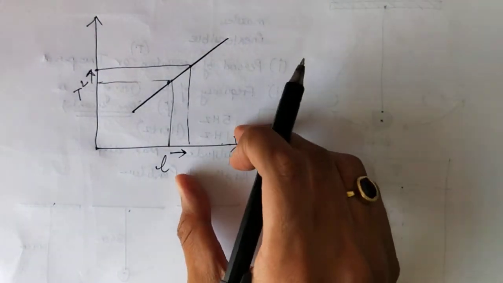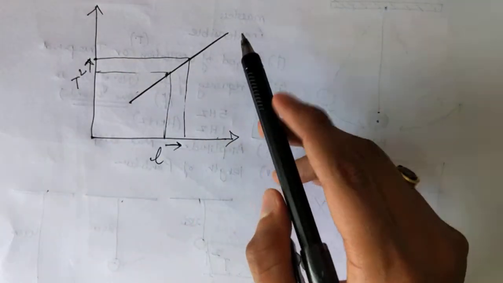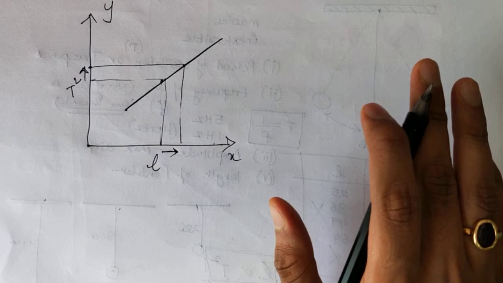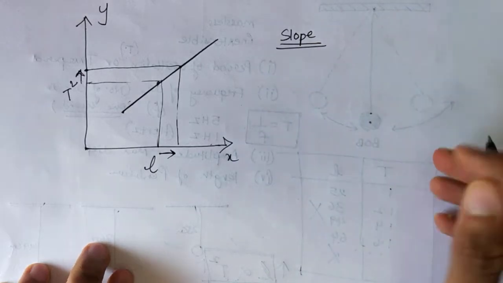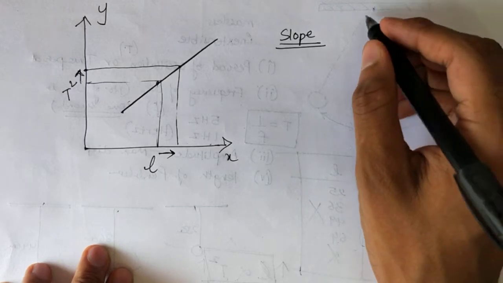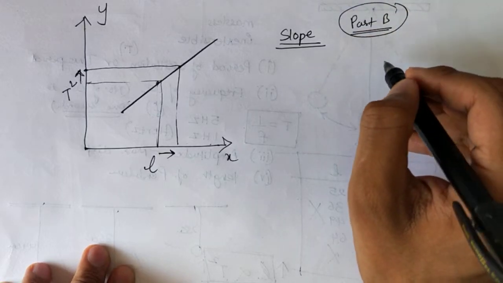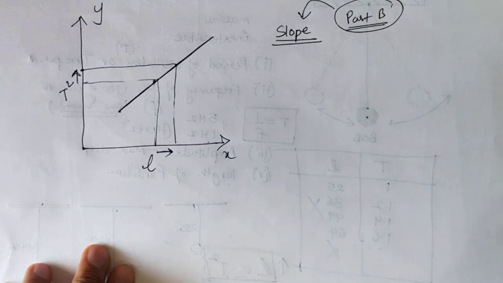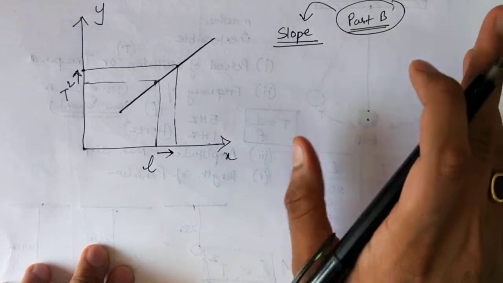So you must know how to draw this graph with only this much. You draw length, draw time square, make a straight line, write your x-axis, y-axis, that's it. This is all you need to know. And there is something called calculating the slope of the graph. So how to calculate the slope of the graph? In the motion in one dimension chapter, part B, which is yet to be done, you will have numericals based on calculating the slope of the graph. Here I'll give you a small hint on how to calculate the slope, but we won't go into much detail because there are no numericals in this part based on the slope.